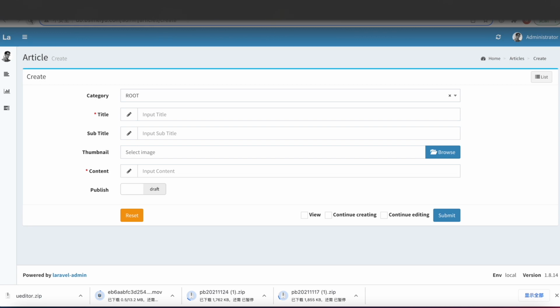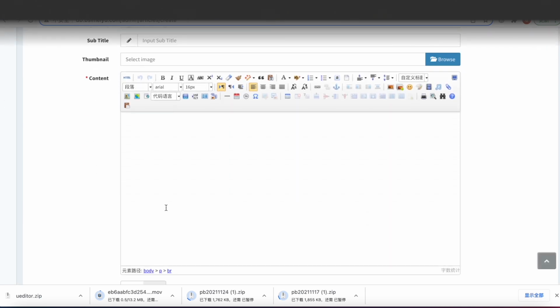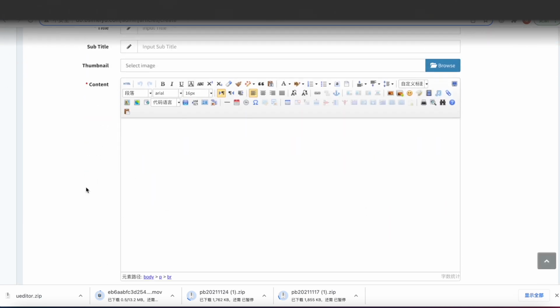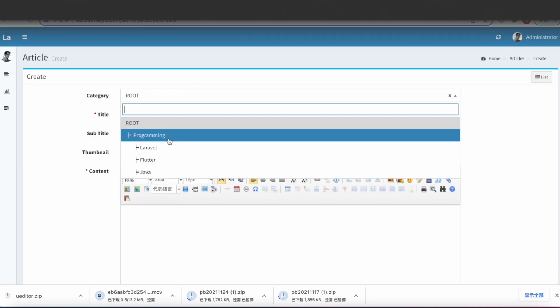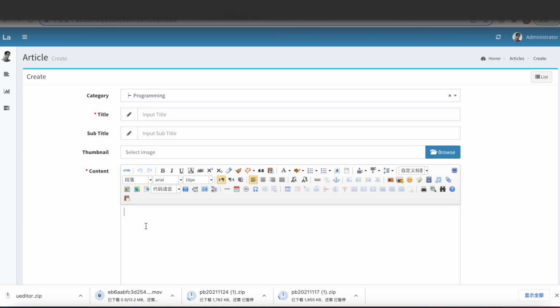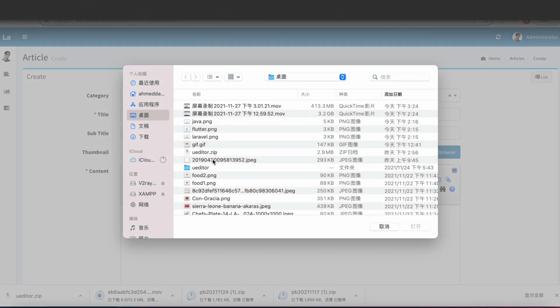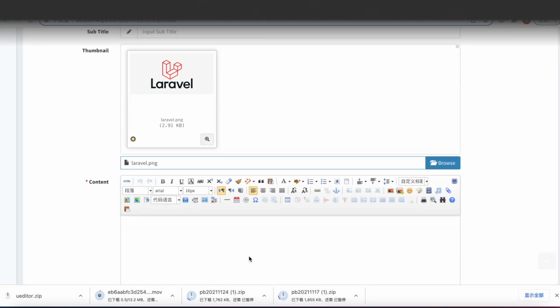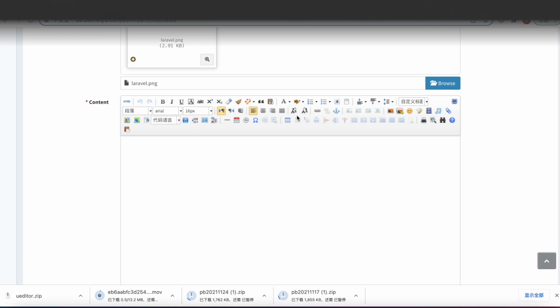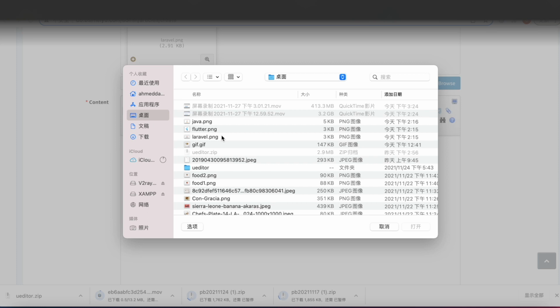Okay, now let's come over here. Yeah, the editor is there. Beautiful, isn't it? Okay, so now over here we would create a new one, and we'll call, say, programming, and here we'll call learn programming. Okay, and select image. Well, for now I'll still go ahead with say Laravel, and here I can actually upload a couple of other images as well. Okay, say Java,